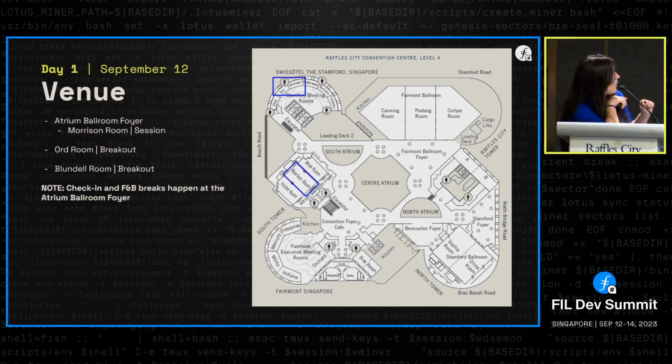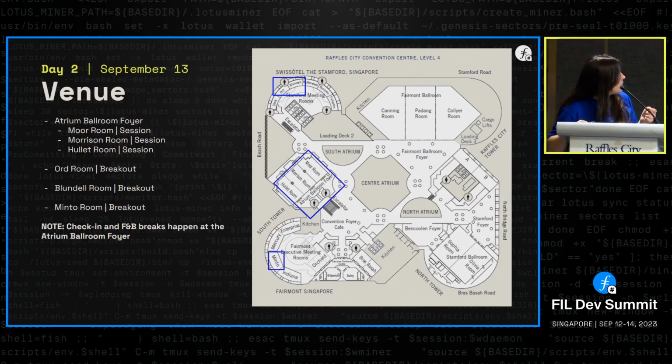So today we're having Morrison Room, which is here, and then Ord and Blundell, that is going back to us. You can also see on the check-in area the venue map of the day. We are updating this daily. Also, if you are on the Slack channel of attendees, I'm also sending daily messages of what are the main tracks that are happening on the day and where they are located, and also noting that the food and beverage breaks are happening in this foyer over here outside.